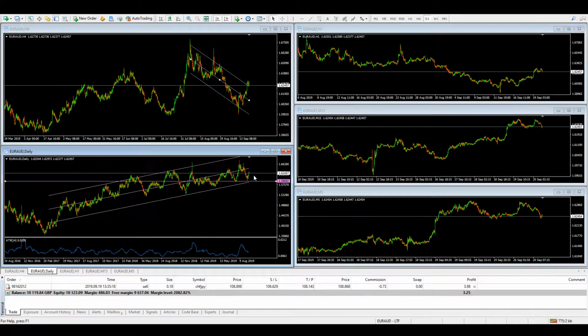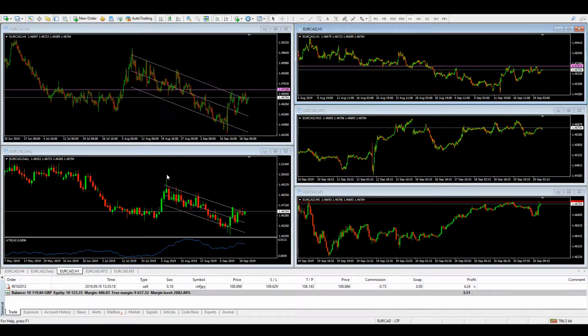Could possibly put your stop slightly more aggressively, even above these levels. But it's really a case of waiting for it to happen. We need to see some clearer signs of bullishness, I would say, on the 4 hourly before considering trades on the Euro AUD. So next,